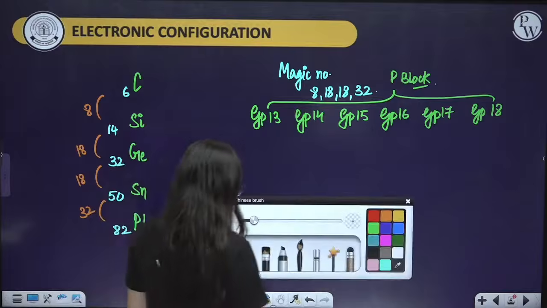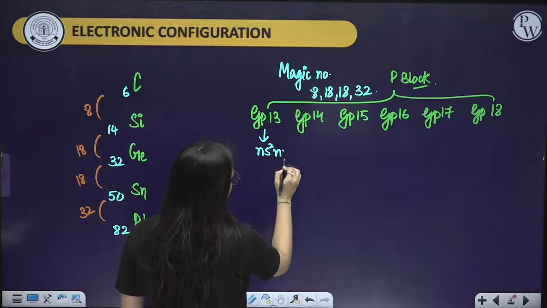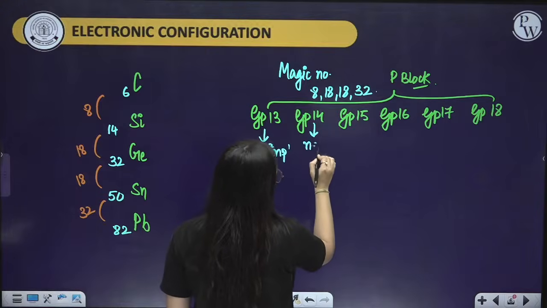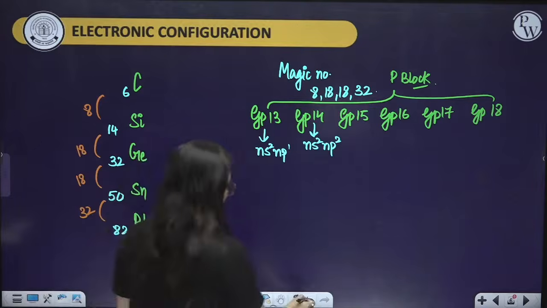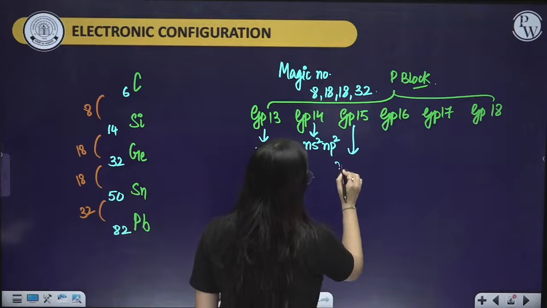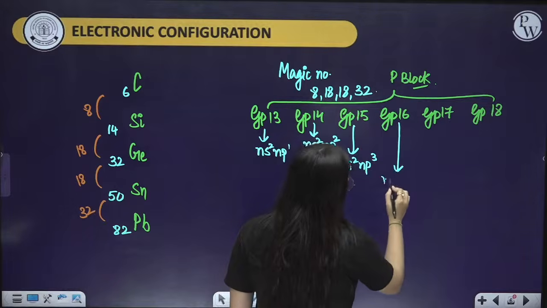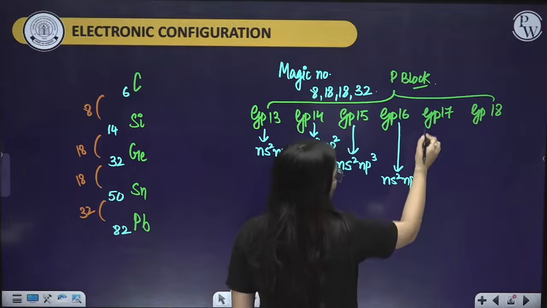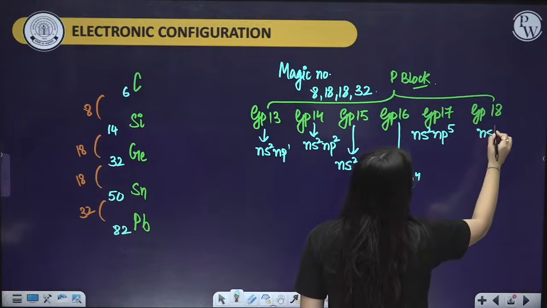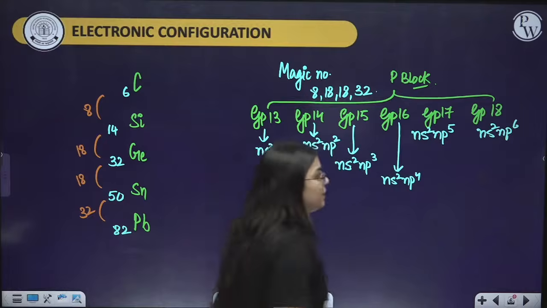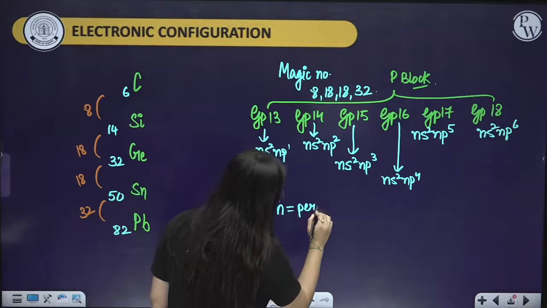And if I tell you the general electronic configuration trend, here the general electronic configuration is ns2np1. In this part, it is ns2np2, for group number 14. If I talk about group number 15, it is ns2np3. Group number 16, it is ns2np4. For group number 17, it is ns2np5. And for group number 18, it is ns2np6. Yes, remember? Okay. n here represents your period number,